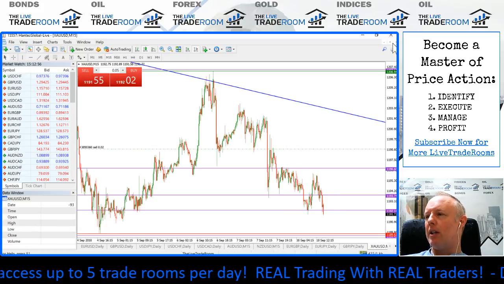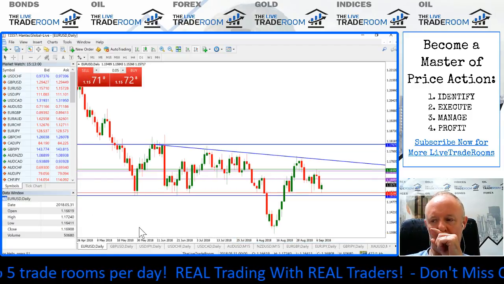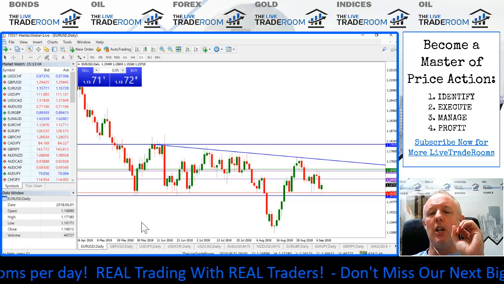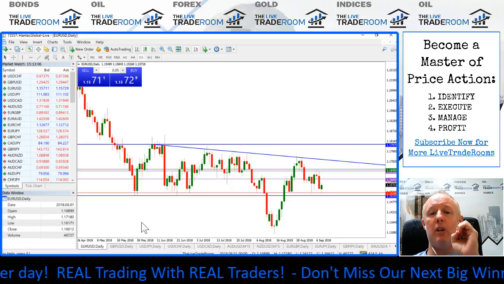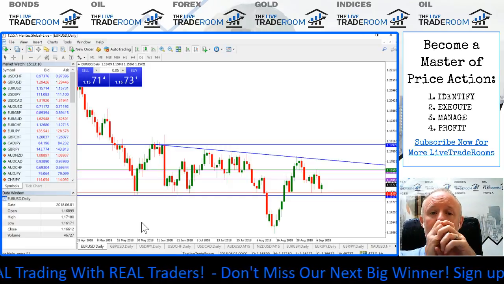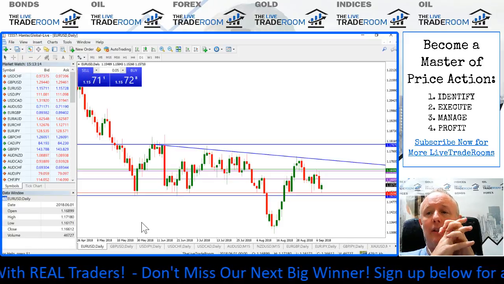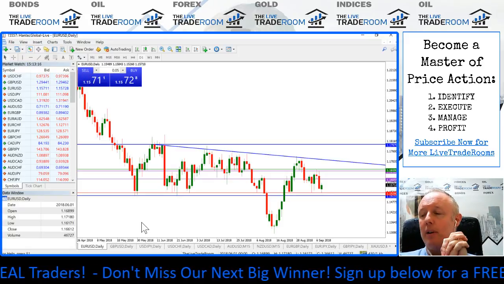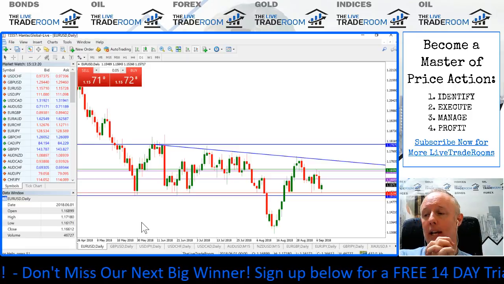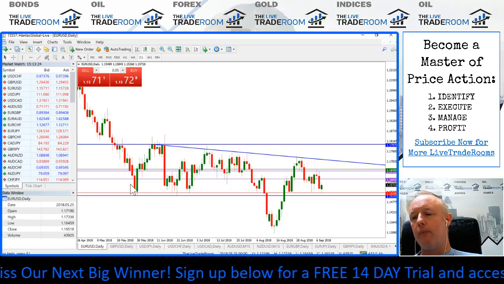So we'll come back to the gold market in just a moment. Let's start with a quick review looking at daily time frames. This is the methodology that we use to identify the opportunities. We're not really looking to identify opportunities on the smaller time frames. We're zooming out and having a look at bigger time frames like your daily time frame, to get a bigger picture view before we go into the smaller time frames.